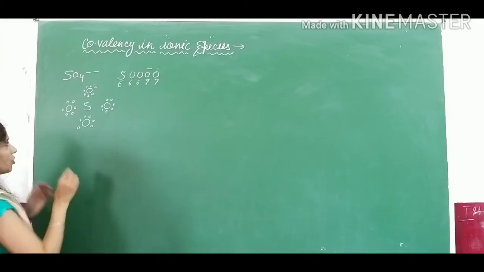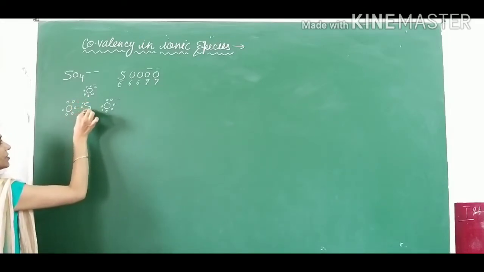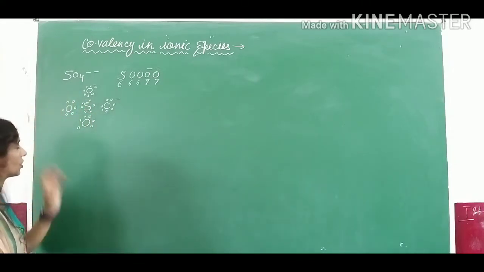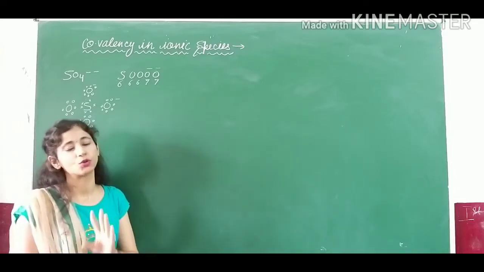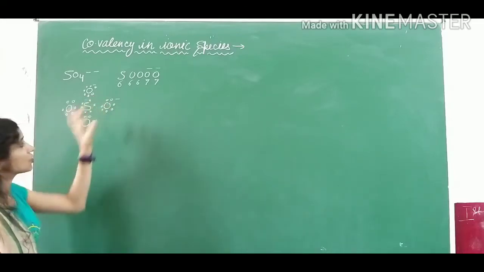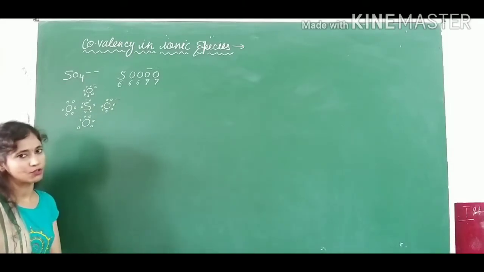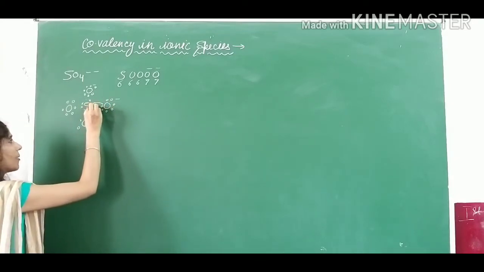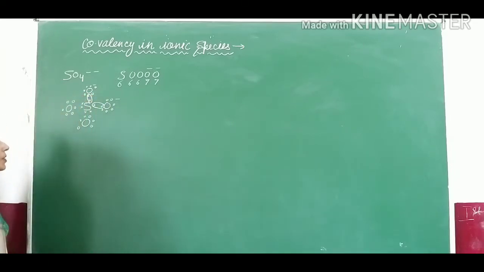Now after that, what you have to show? You have to show the 6 electrons in the valence shell of oxygen that I have mentioned: 2, 4 and 6. Okay. So sulfur has 6 electrons, so it needs only 2 more electrons to complete its octet. And these 2 oxygens have 7 electrons, so that means they need only 1 electron to complete their octet. So what is to be done in that case? First of all, here the complete sharing will take place.